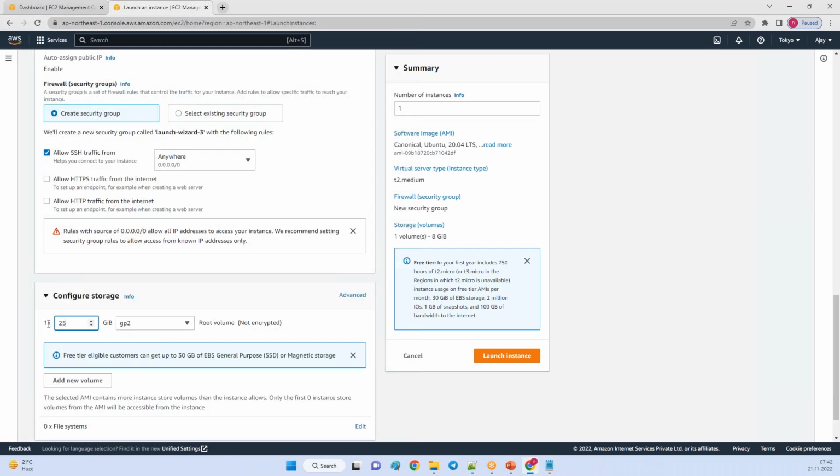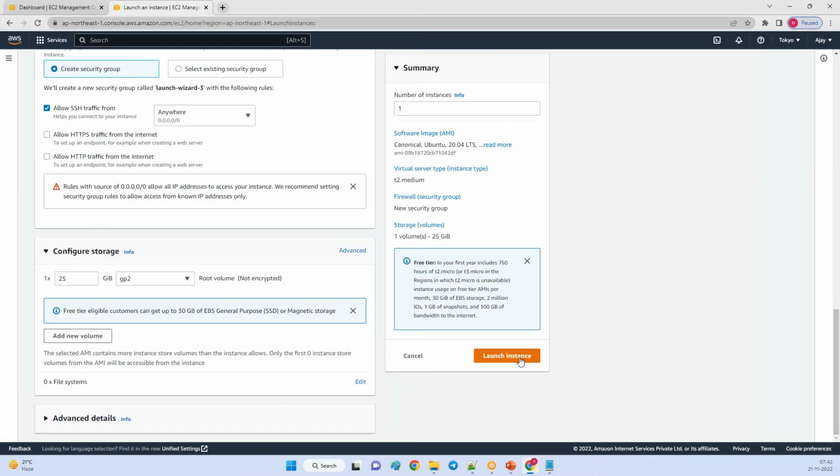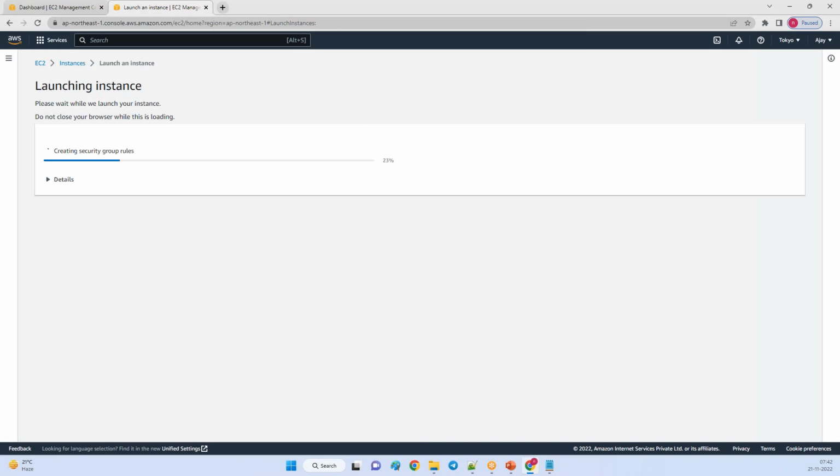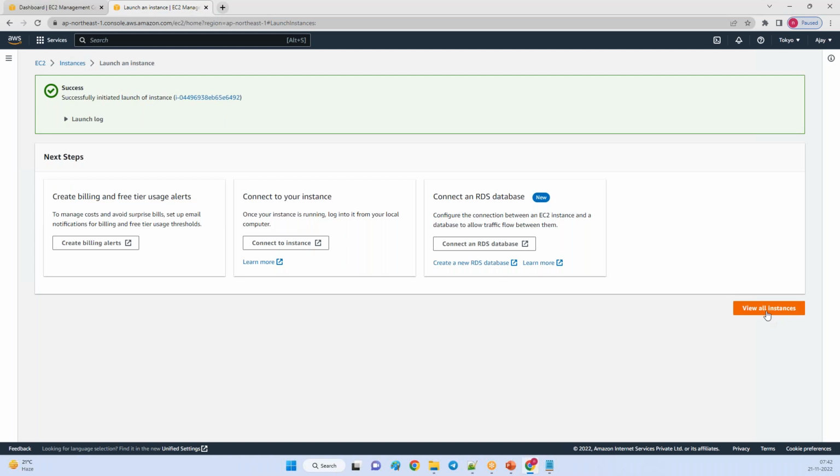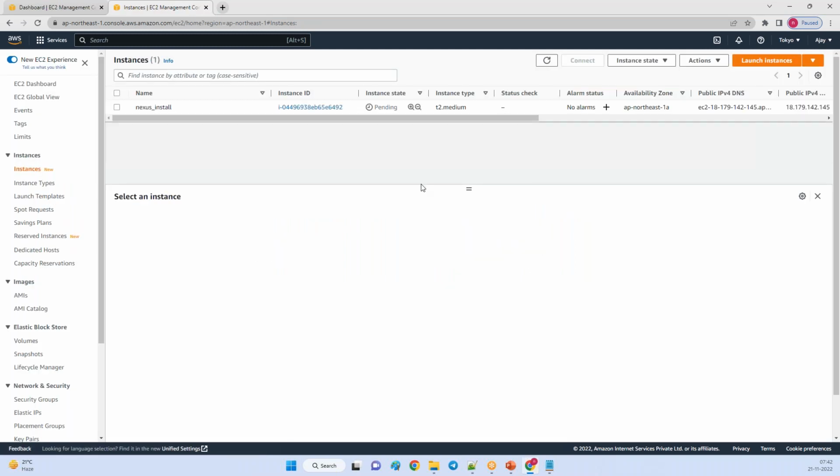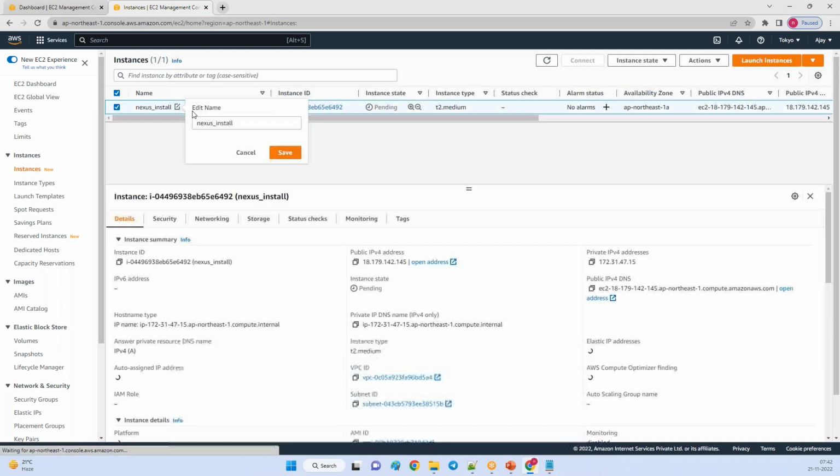I will use 25 GB, and let me launch it. This is my Nexus server. I will install Nexus, and also Maven in this server.